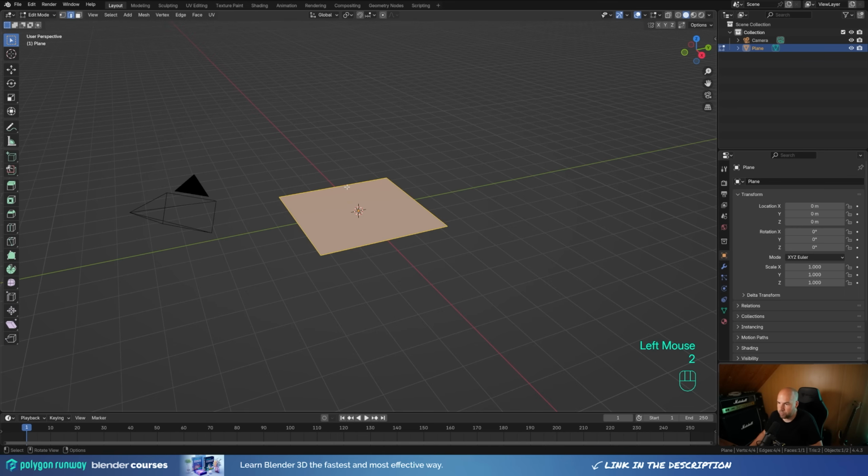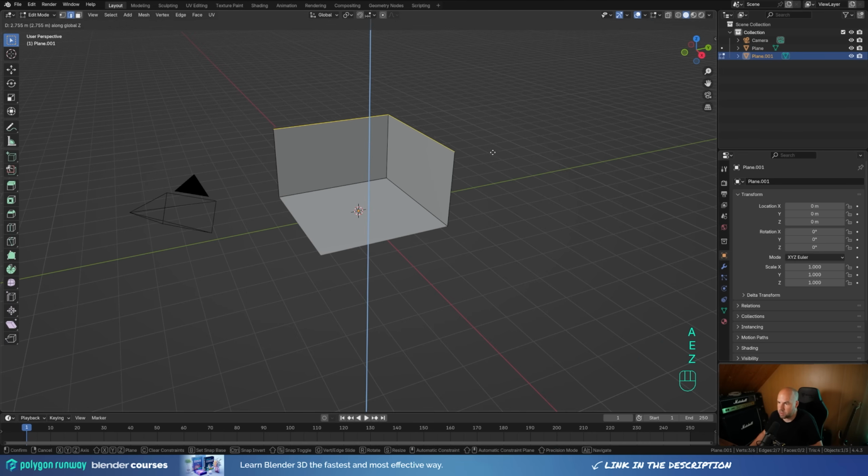And let's press 2 for edge select. Select these two edges in the back, press Shift D to duplicate them, right click to release in place, and then press P and choose separate the selection. They'll separate it here into a new object, so we can now tab out, select the new object, tab into the edit mode, and let's press A to select all and E then Z to extrude,